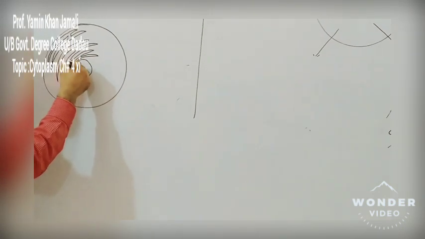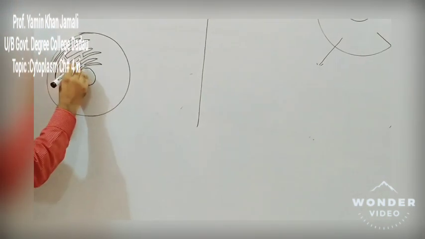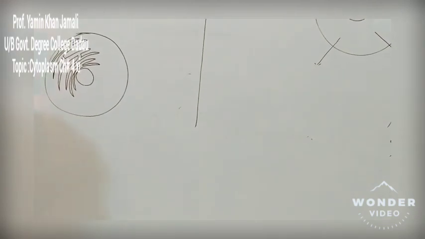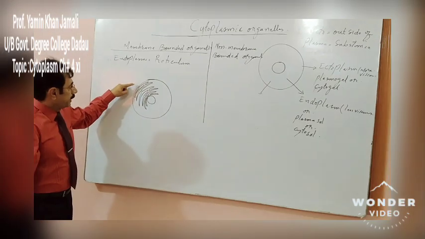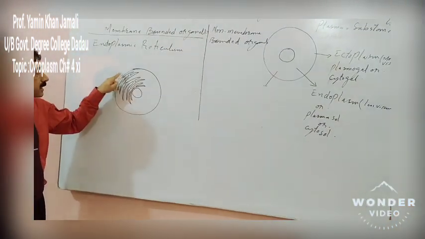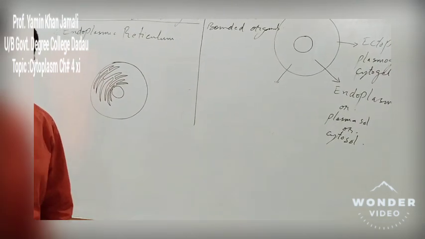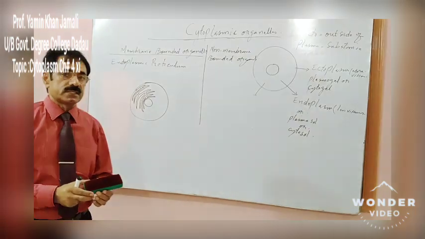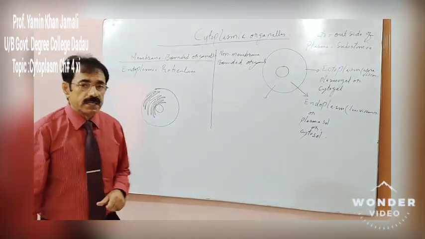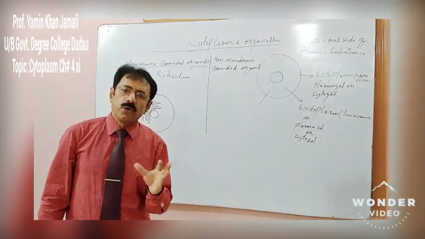Since it starts from the cell membrane and ends at the nuclear membrane, it provides a pathway, a passage for substances to pass in and out of the cell. Because of its structure, the endoplasmic reticulum is involved in the import and export of